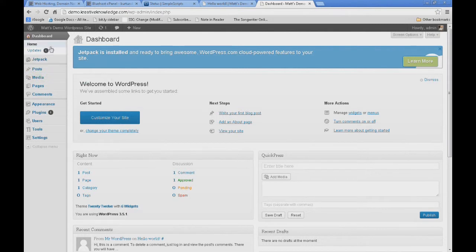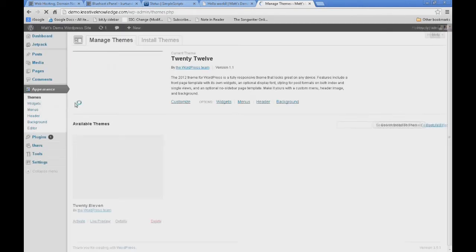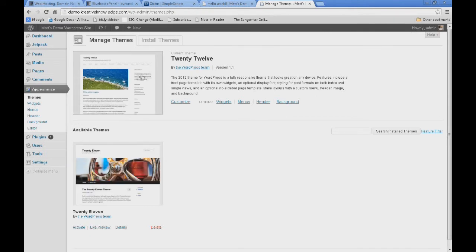So in the WordPress dashboard, we come down to Appearance and we look at Themes. And it's going to show us the themes that we have installed currently on our site. So by default, it installs 2012 and 2011 gets installed as well. Those are the basic WordPress themes. We can go to install new themes and we'll take a look at the theme installer and the options that